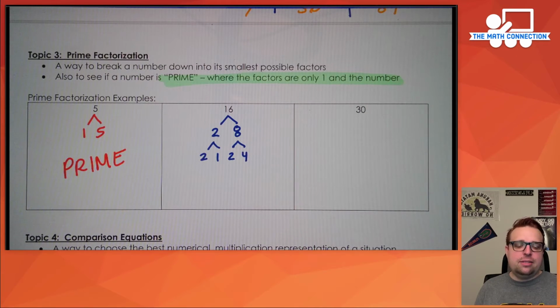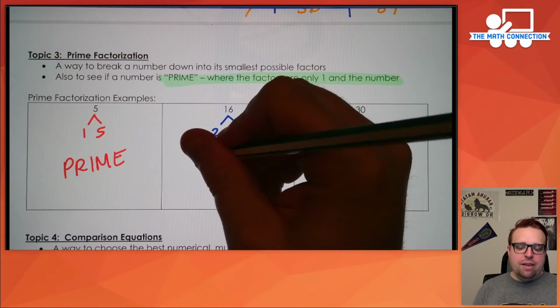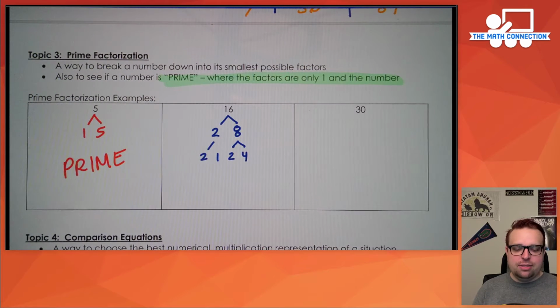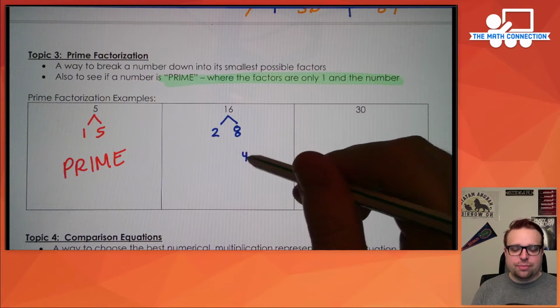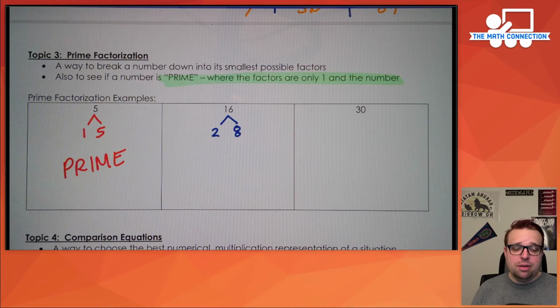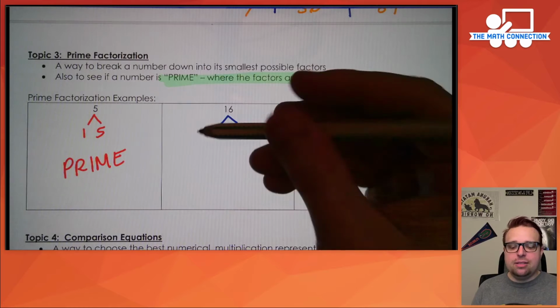Also, I just want to say that I goofed here. All right, listen, if a number is prime, I'm going to erase this and start over. If a number is prime, then you leave it as itself. You don't break it down as 2 and 1 when you're doing a factorization like this, because watch what would